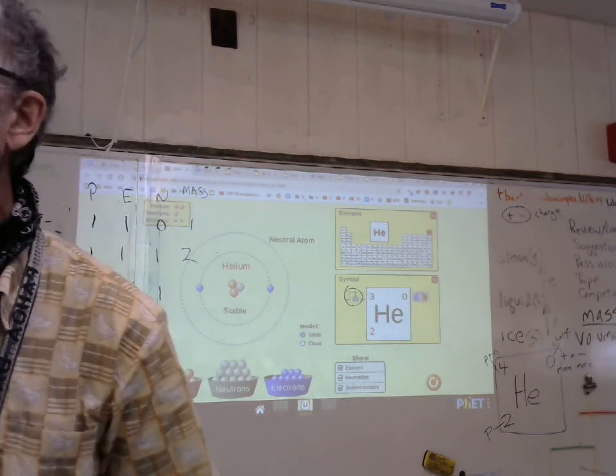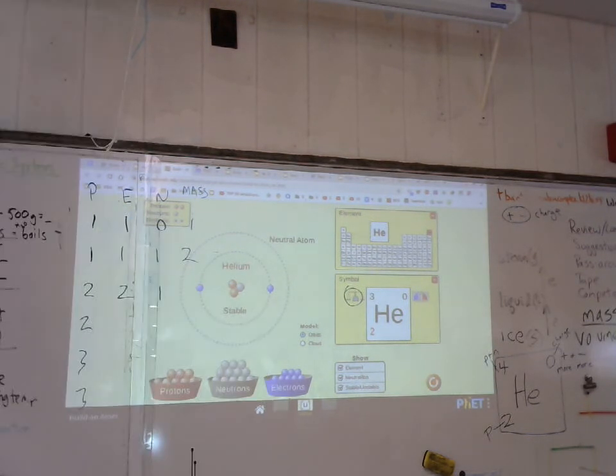So let's do the last one where you're going to have to do it yourself. Write it in yourself. We're going to try another neutron. Boom, there's our second isotope of helium that works, with two neutrons. Does it work with three? No, it's unstable with three. And when it's unstable, that means it's radioactive. So we just want stable ones. How about for